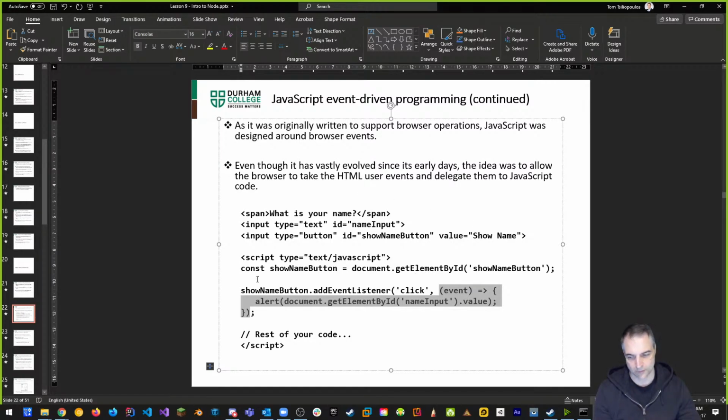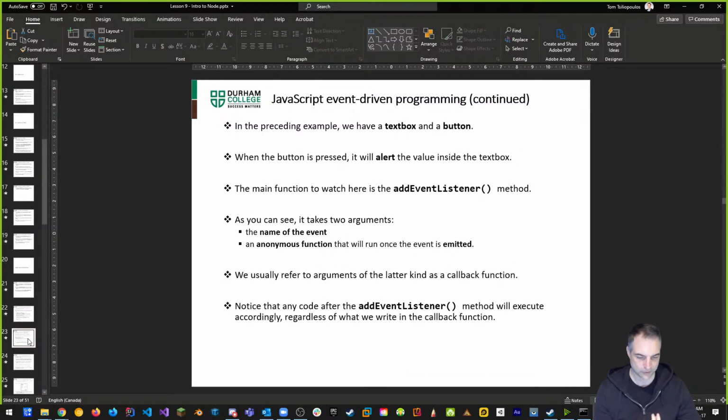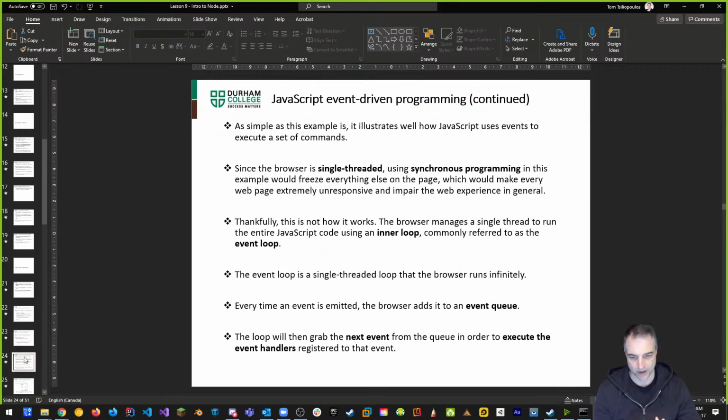So similarly, we want to take the same idea of event handling, and we want to apply it to the back end. And this is what JavaScript has done with Node.js, right? So we have some kind of event. Usually it is a request. And what happens is